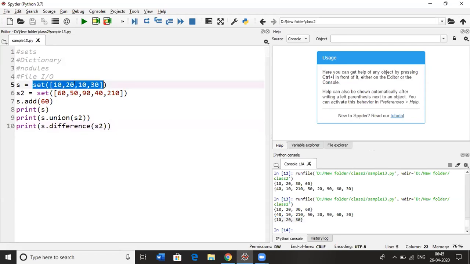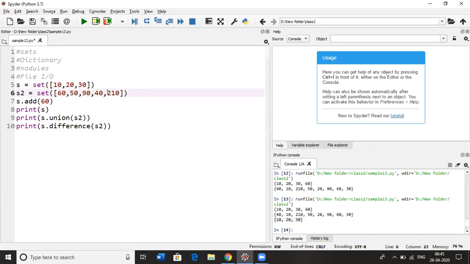So let me remove this 10 here. Let's see. We have 20 here, but 20 is not in the other set, so it will take that value, and 10 is also not there.